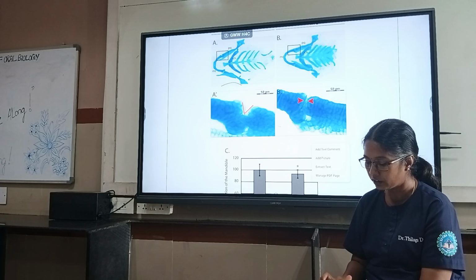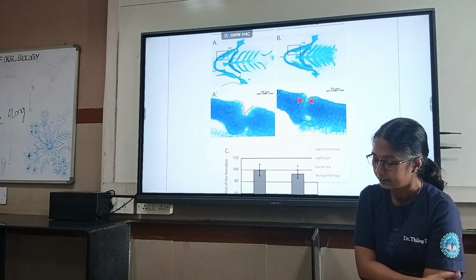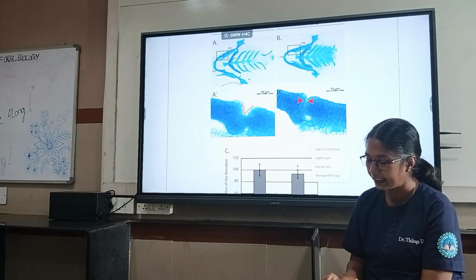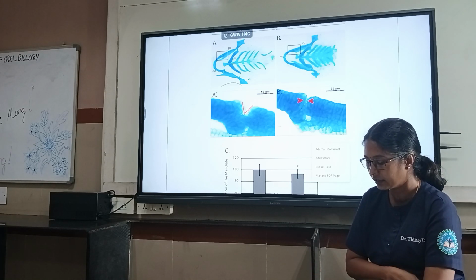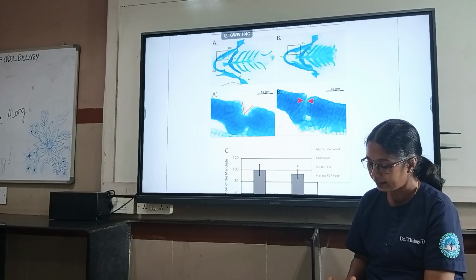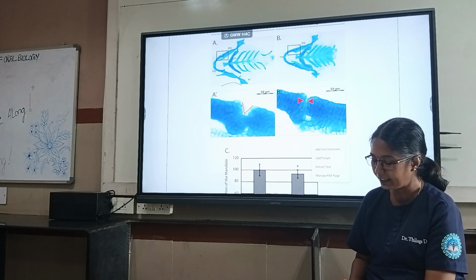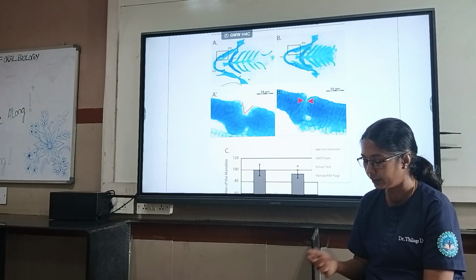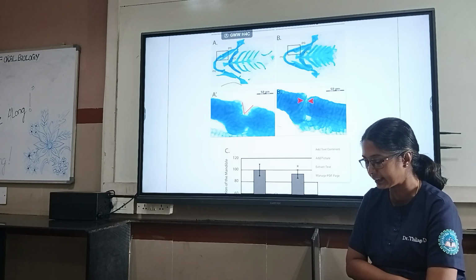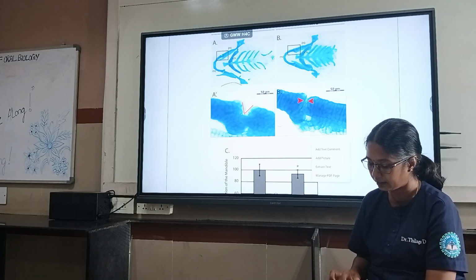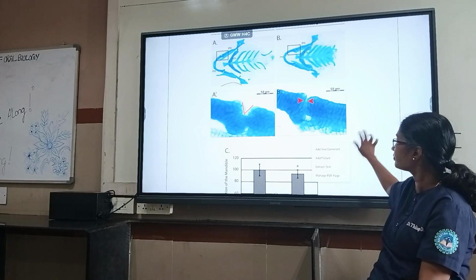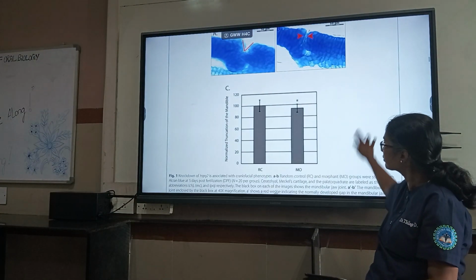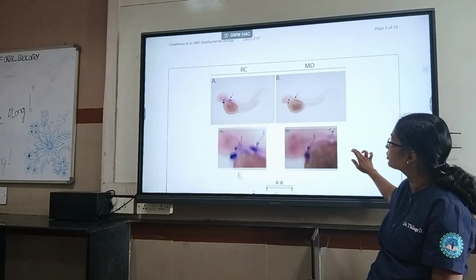So finally, they concluded that they have created a novel implication for the role of HSPG2 in the development of the mandibular jaw joint region of the craniofacial skeleton, for which development has not been well elucidated. And further future studies to more cohesively understand the role of HSPG2 in craniofacial development are needed. So these are the images.